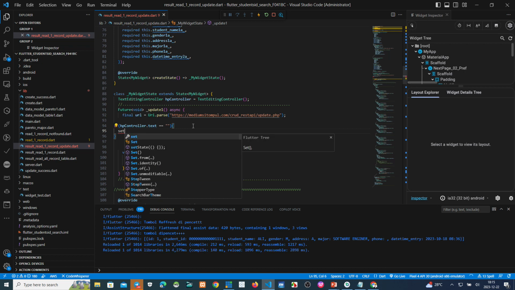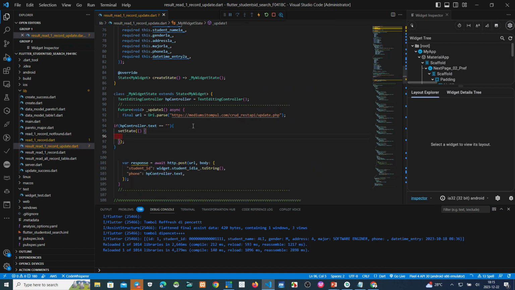If null, we can set this data to new HP. We make new HP.